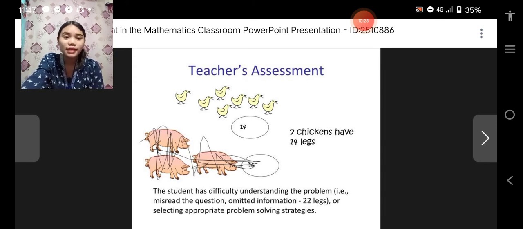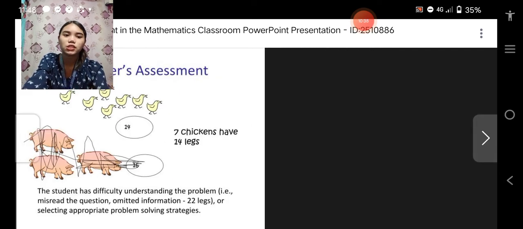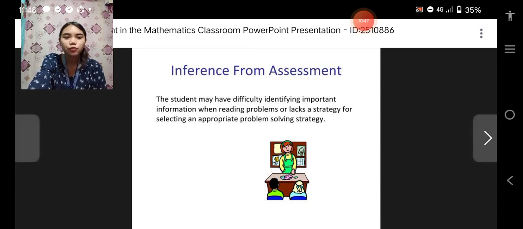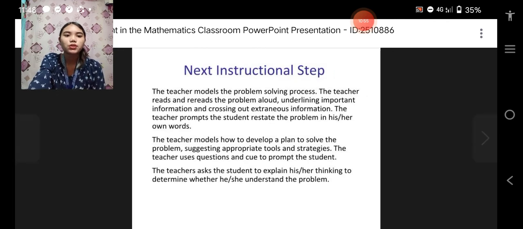So the student has difficulty understanding the problem, misread the questions, omitted information, 22 legs, or selecting appropriate problem solving strategies, and inference from assessment. So the student may have difficulty identifying important information when reading problems or lack a strategy for selecting an appropriate problem solving strategy. So next is